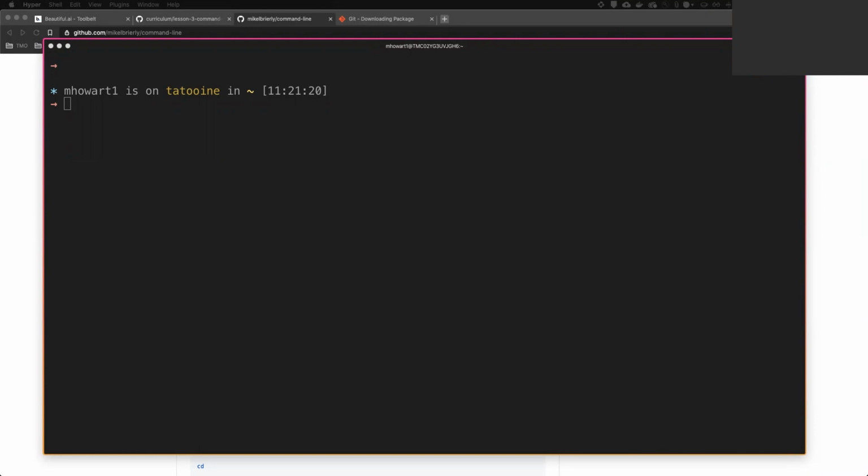So let's see, what did we do? Did we start building something already here? No, we didn't. Okay. So we're going to learn a few more commands. We're kind of just going to blow through some of these. These are all noted in this file, so you'll be able to go back and reference this markdown file for all of these, but we're just going to learn a handful, a smattering of more commands you can